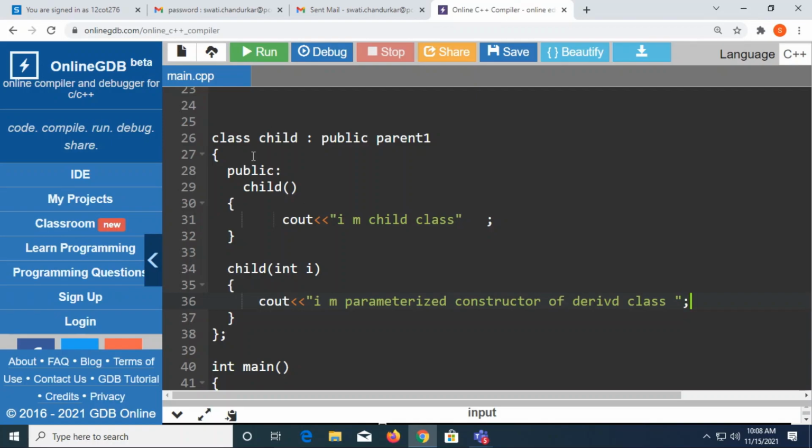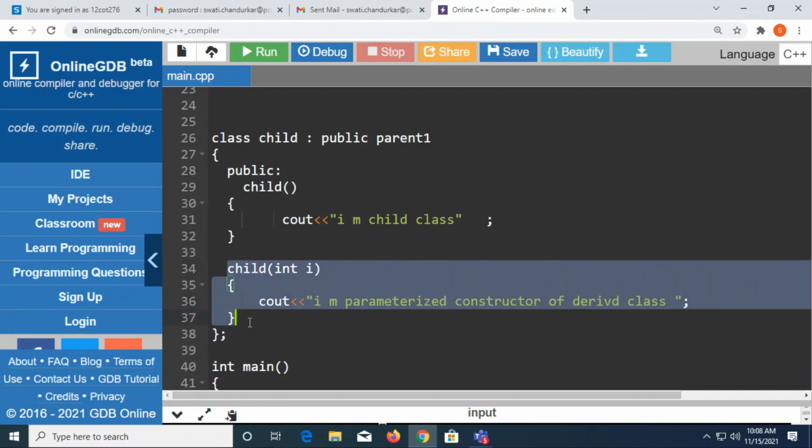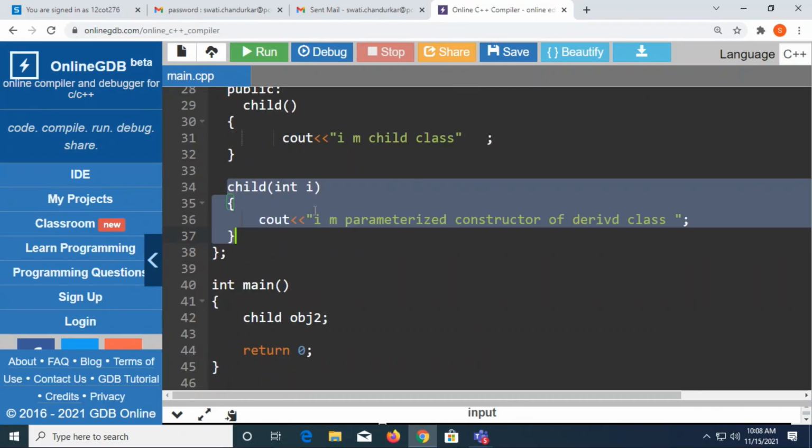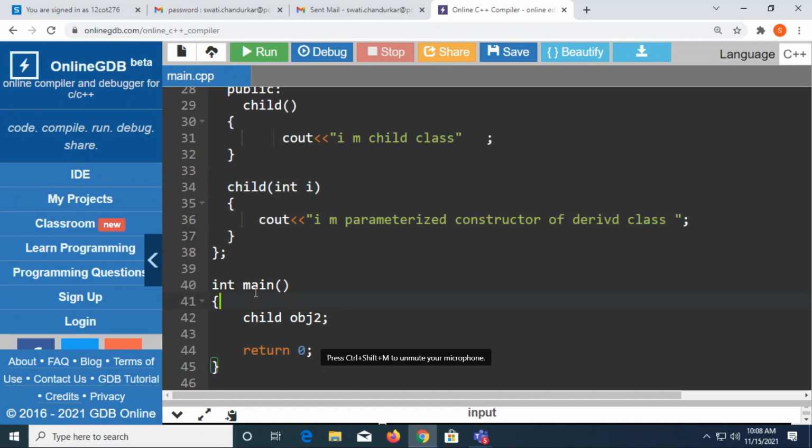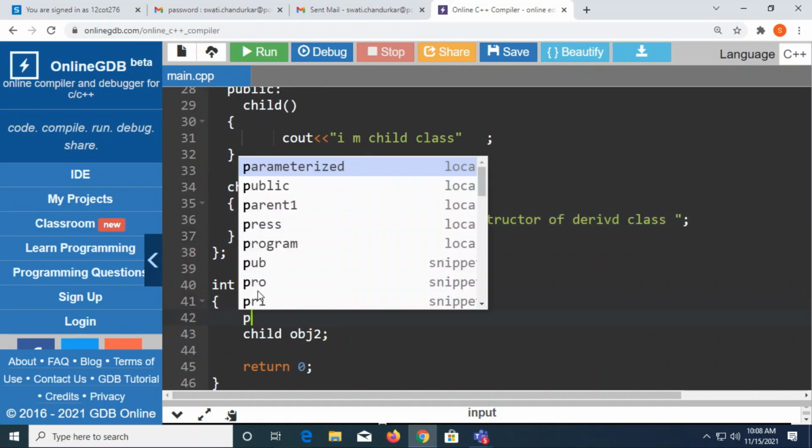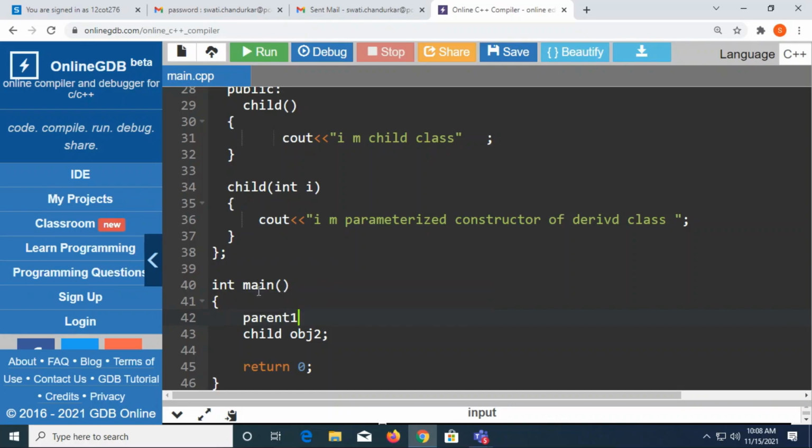So what I did, I tried to add one parameterized constructor in my derived class first. I will tell you that first, because then here I will just create my parent1 object, obj1.